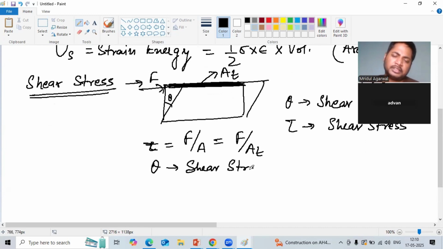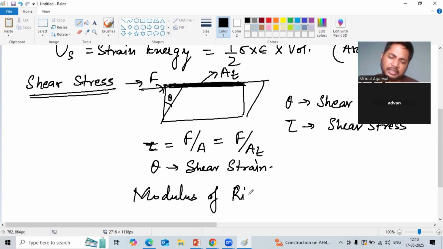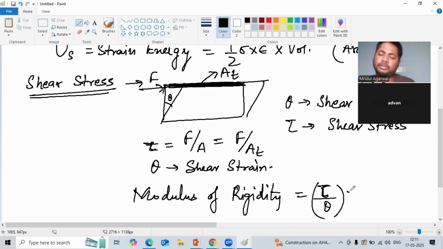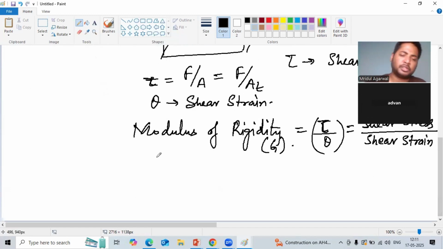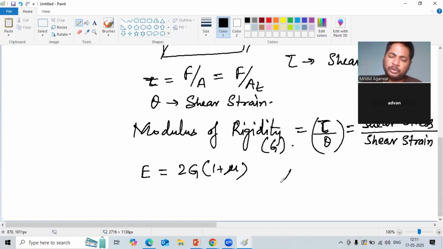Now if you talk about the modulus of rigidity, this is a ratio between shear stress and shear strain. So this is tau over theta. Getting this? Tau over theta. So this is your shear stress and theta is your shear strain, and this ratio is G. And there is one more term that is known as Young's modulus of elasticity, that is E. E is equal to 2G into 1 plus mu for homogeneous substances,